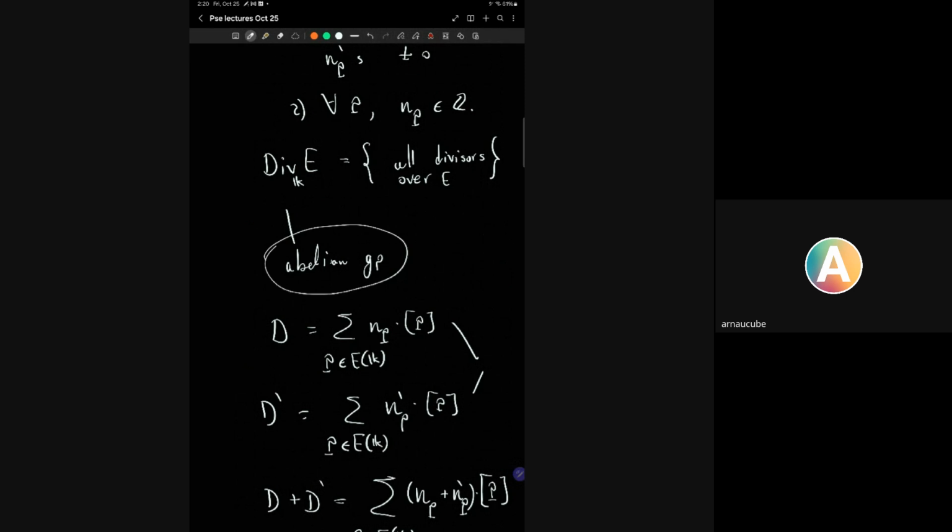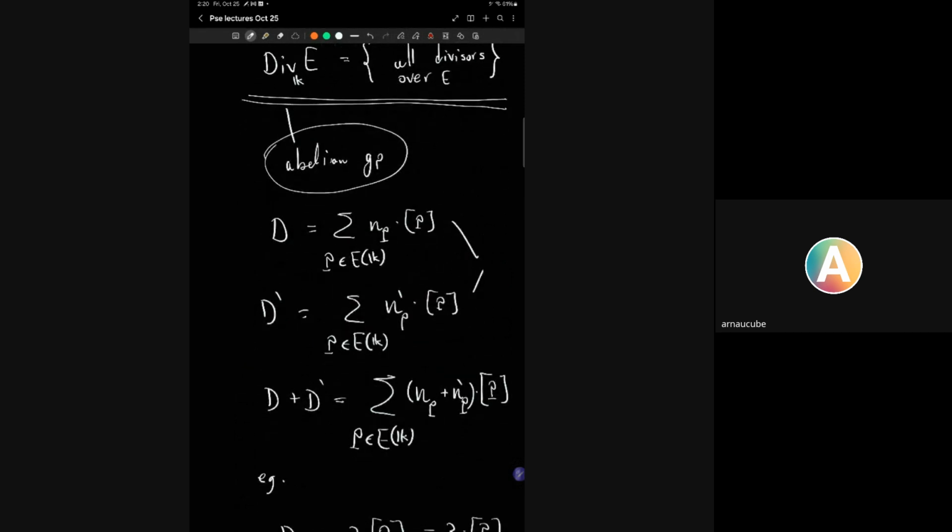If I don't extend it to this generality, I don't necessarily have inverses. Here, the inverses are very easy. What is minus D? Minus D is the sum where you just negate the coefficients. But if you only considered divisors that come from rational functions,